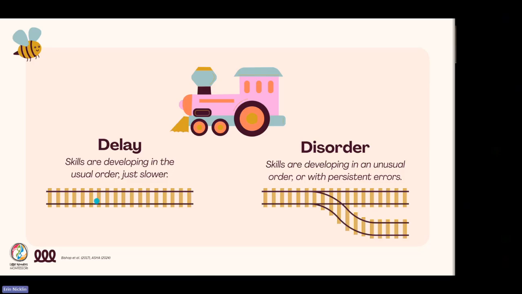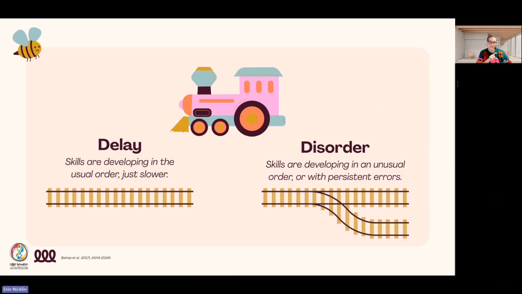So if we're thinking about a train, your little person might not be combining words yet after 2 years of age, but they're still adding vocabulary and using gestures each week, adding more and more, but they're just simply a little bit delayed. So let's say we've got child A who's left the station, child B is leaving the station at the same time, but A gets to their destination sooner than B, but they've gone the same journey. They've met each milestone, they've just done it at a different time. Whereas if we're talking about a disorder, that means that our development is taking a different route.